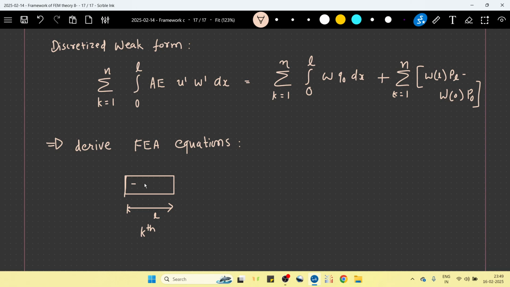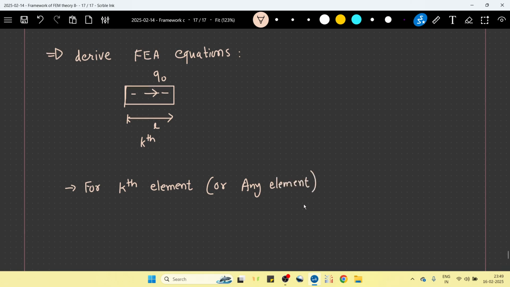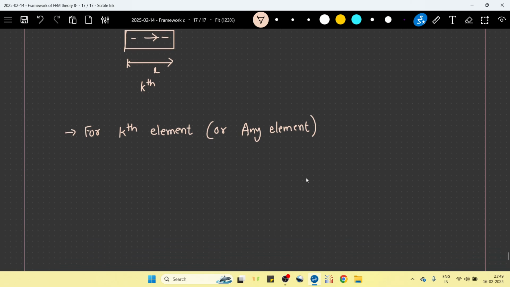And this is q0. So we can write for the kth element, or any element. The solution we will assume, as you know, we first have to assume the solution using